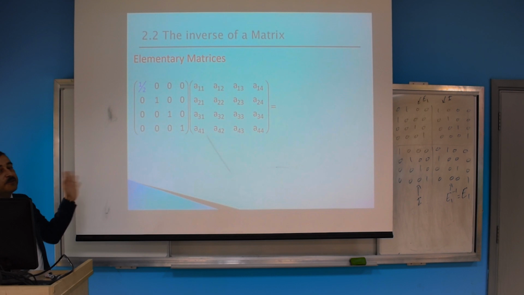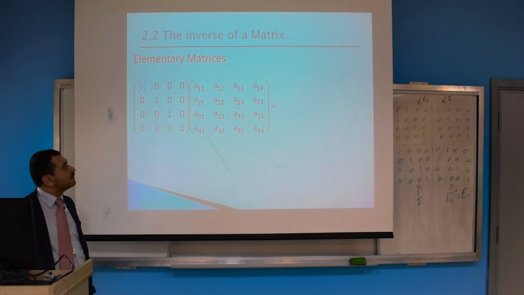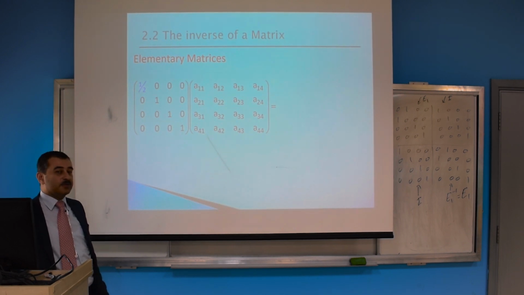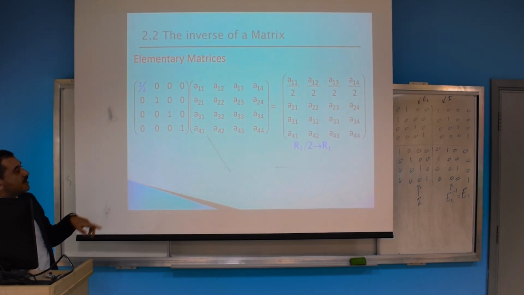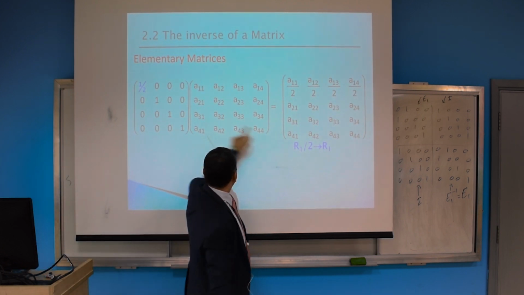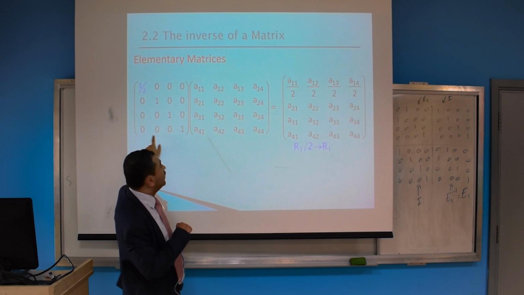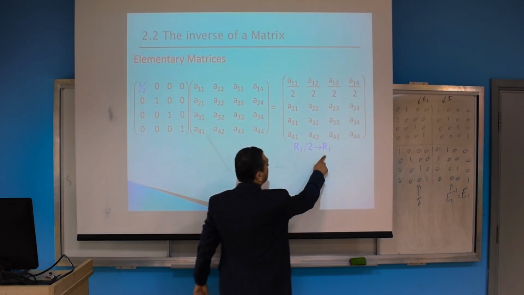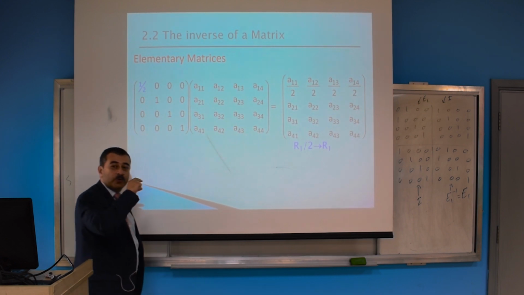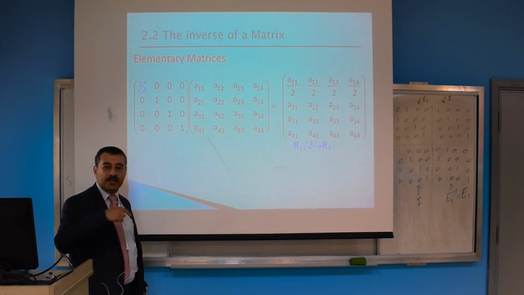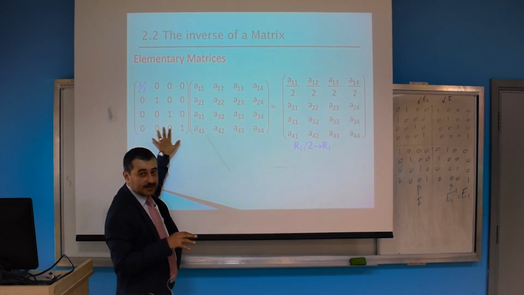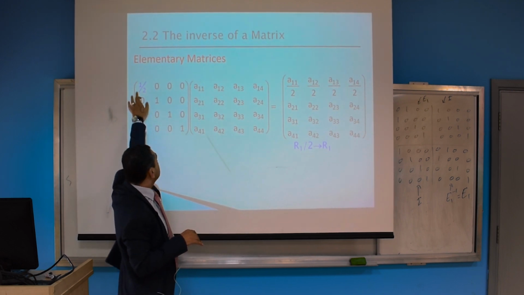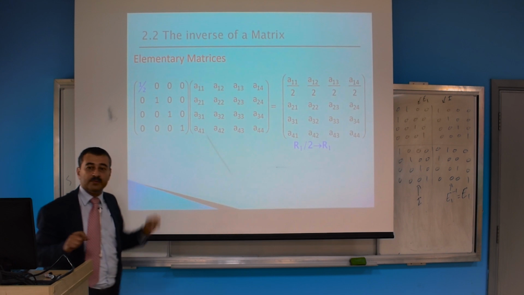So what happens if you do left multiplication with another matrix? Scaling the first row of A with this half. So this is actually the operation to get this guy from the identity, and when you do left multiplication with the matrix, it will do the same effect. So if you do row scaling, when you apply row operation in Gauss, you can again say that this is equivalent to multiplying your matrix with an elementary matrix containing the scaling factor. Okay?